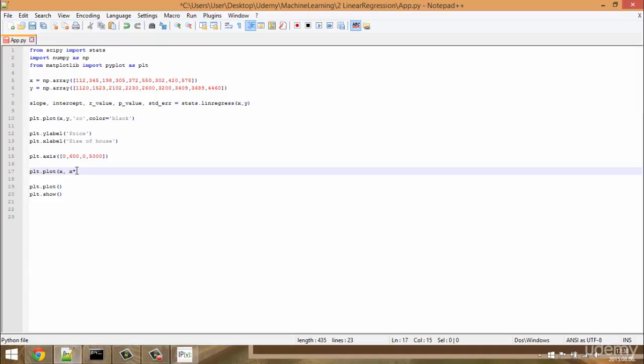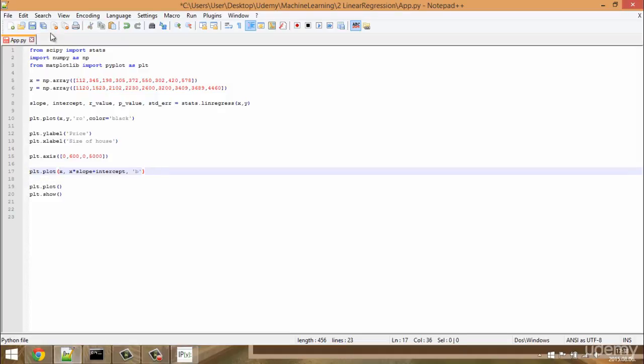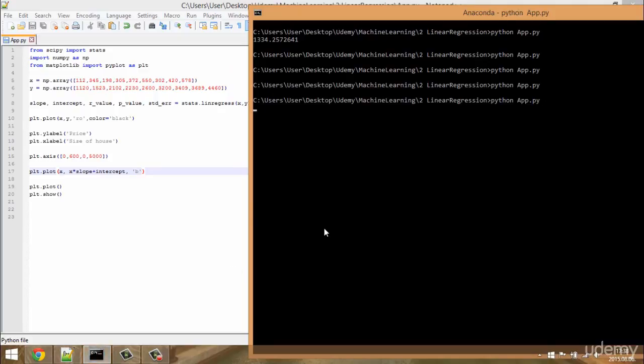So I just have to ask that the slope plus the intercept, it is going to give us the line we are looking for, and I would like to use the color blue, and that's why I use this B color. Okay, so this is the line. I'm going to rerun our algorithm,